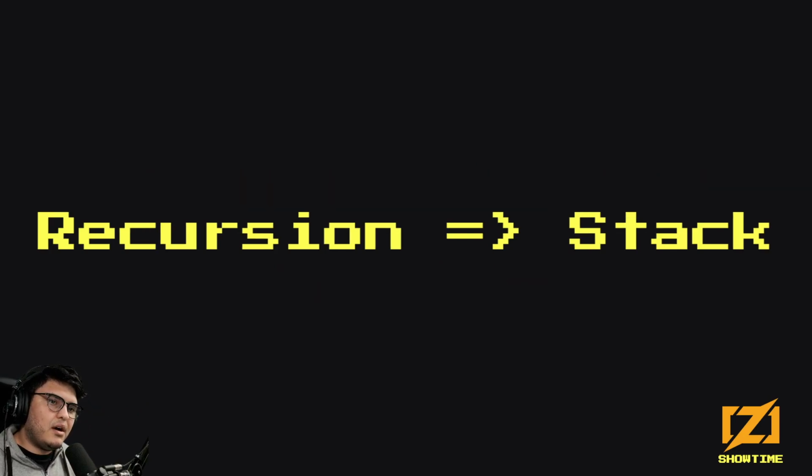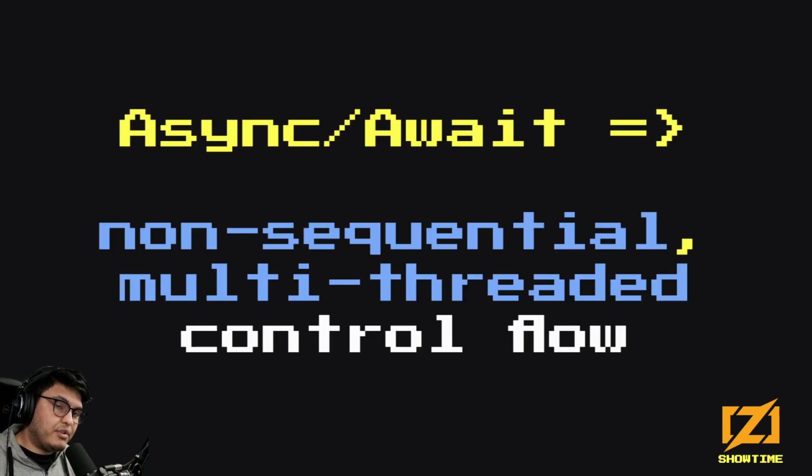So recursion forces you to acknowledge that there is a stack. And async await forces you to acknowledge the existence of non-sequential multi-threaded control flow models. When you use async await, it's like a go-to on super steroids. Before, you were used to a control flow that was fairly sequential, you know what's going on, but now the control flow is jumping around in weird ways, and different threads are executing this stuff, not just one.